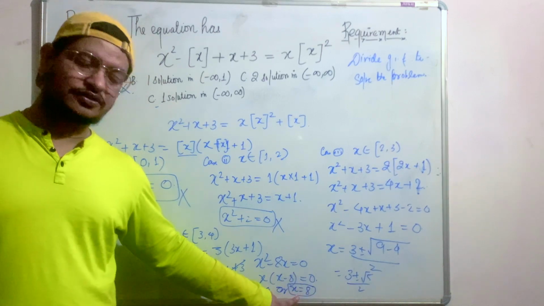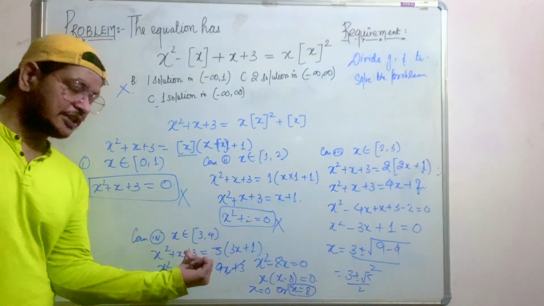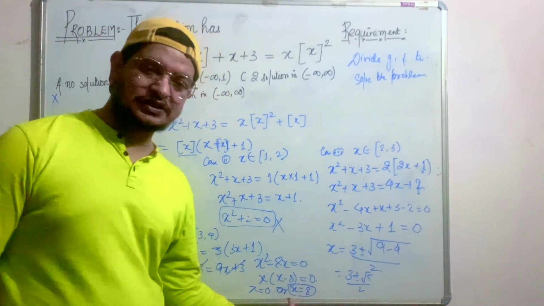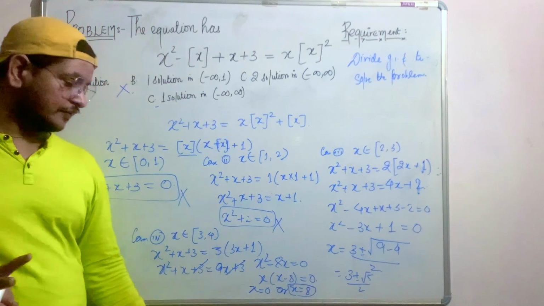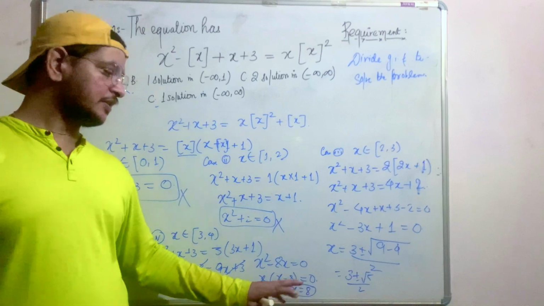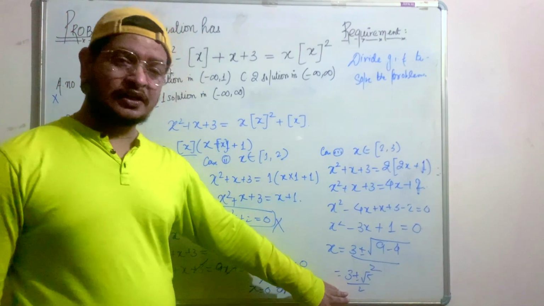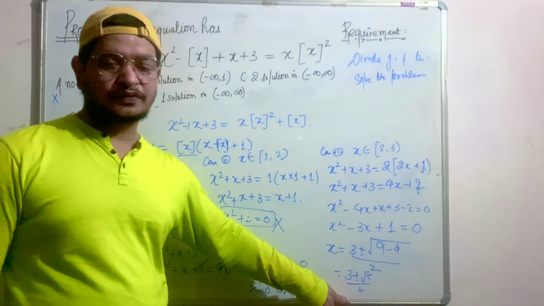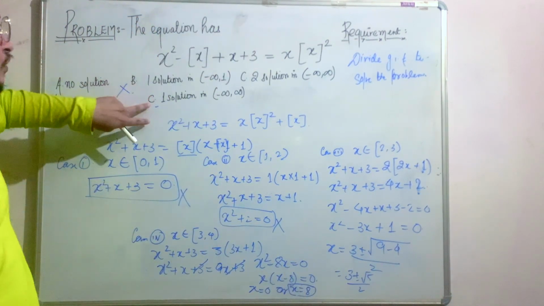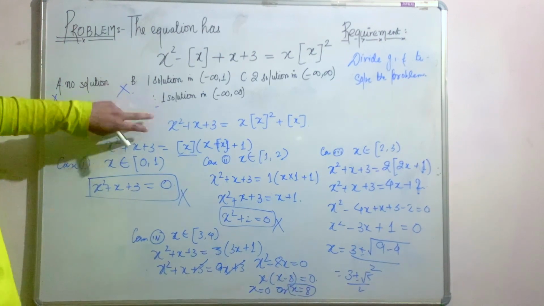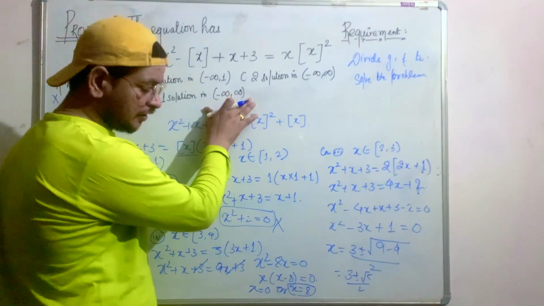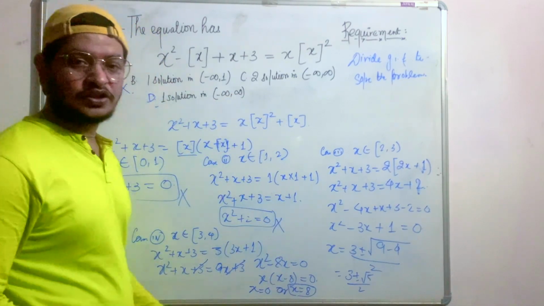So x equal to 8 is also not possible. Why? Because x belongs to 3 to 4 that we are taking, and saying x is equal to 8 is a contradictory thing. So x equal to 8 is not possible, x equal to 0 is not possible. Which means there is only one case that we are having, that is x is equal to 3 plus root 5 by 2 is possible here. So we can say only one solution is satisfied here, in which there is one solution between minus infinity to infinity, and that is 3 plus root 5 by